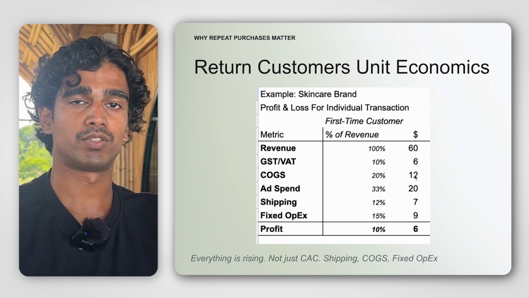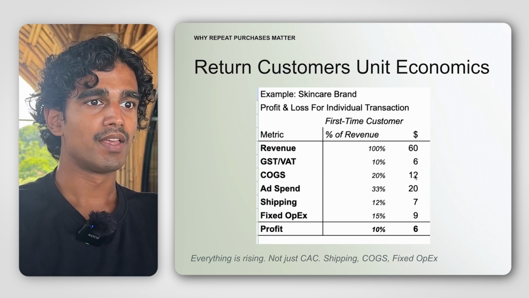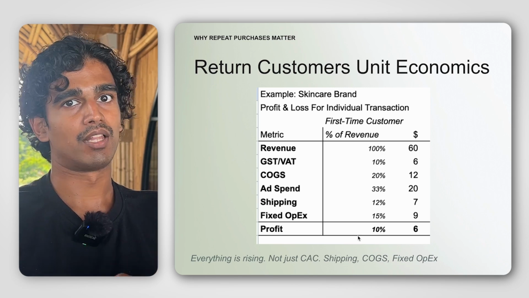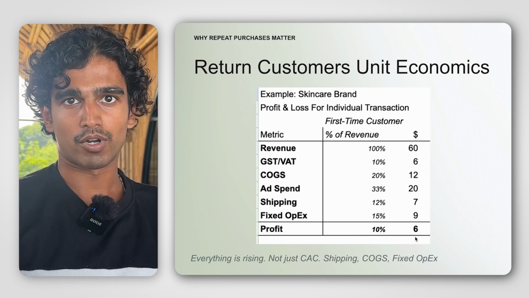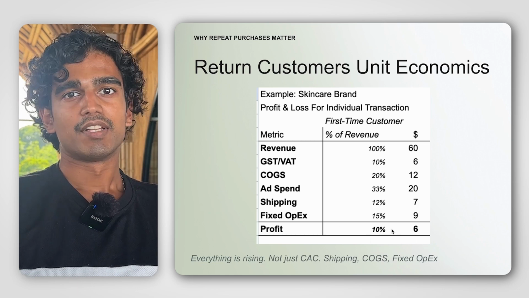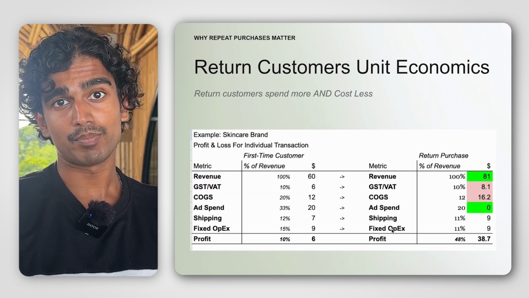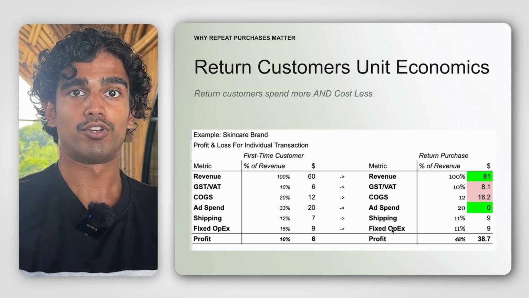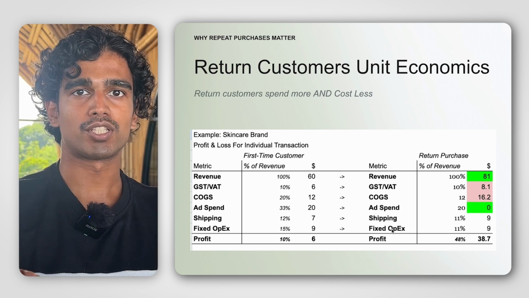If you can acquire customers at $20, you're doing pretty well. Shipping, you've got to ship the product out, and there's also fixed operational costs like salaries, warehousing, etc. Now, the profit on that first order is $6, which is a 10% profit margin. Now, if we look at the unit economics for a return purchaser, what we notice from the data is when customers come back for a second or third purchase from a brand, they already trust them,